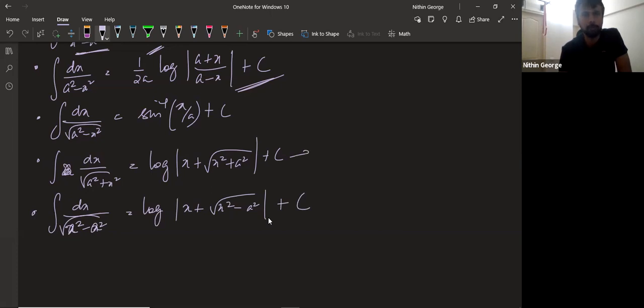So here you simply substitute x equal to a tan theta. And here you can substitute x equal to a sec theta. So theta minus 1. Theta or cosec theta, your wish. Okay, this is tan theta or cot theta, as in for the derivation purposes. Okay, now